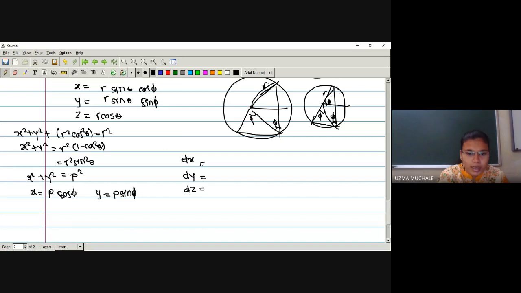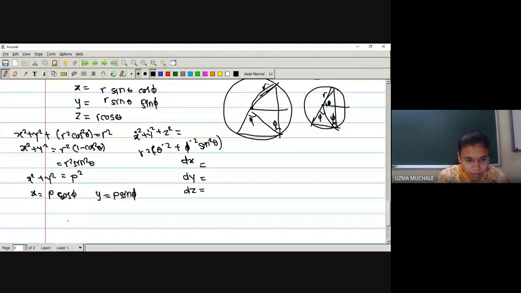हे आपण ऑलरेडी केलेलं आहे. कुणाला आठवते का? We have found the value of x dot square plus y dot square plus z dot square. Very big derivation we have solved. And then I hope you remember we have found the value of this as r square into theta dot square plus phi dot square sin square theta. आठवला का कुणाला? कुठे केलं होतं? स्फेरिकल पेंडुलम मध्येच.